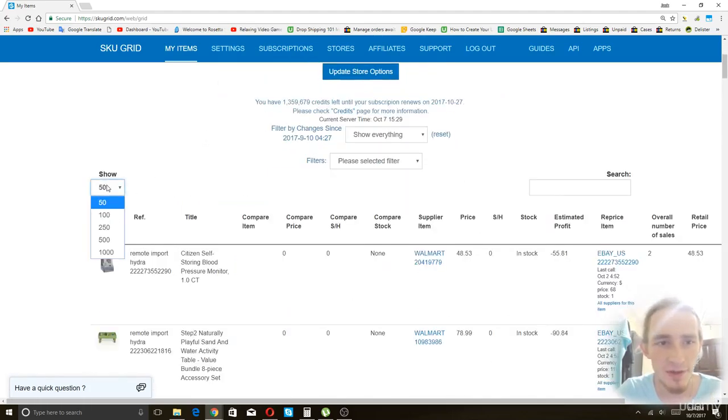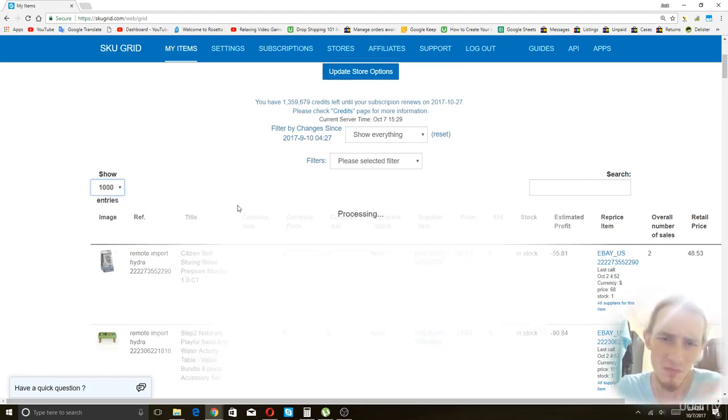So now let's talk about the current page, because you can show 50 items on a page, 100 items on a page, 250, 500, or 1,000. I have it set to 50 just because I think that it loads faster. But for the sake of argument, let's see if I max it and set it to 1,000. Let's see how quick it loads, because I noticed recently that this actually didn't seem to affect the load speed that much, which is unusual to me, because you would think it would take way longer to load 1,000 items